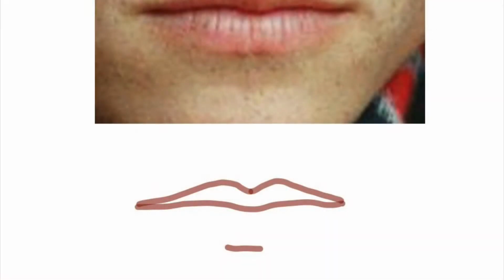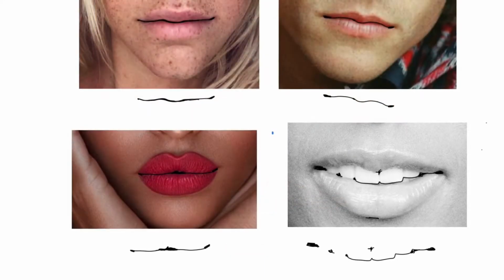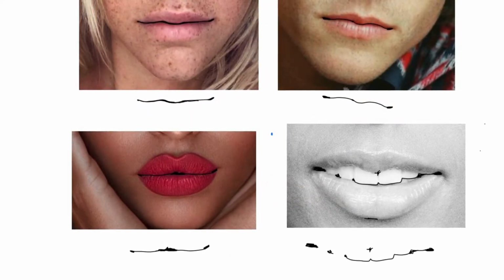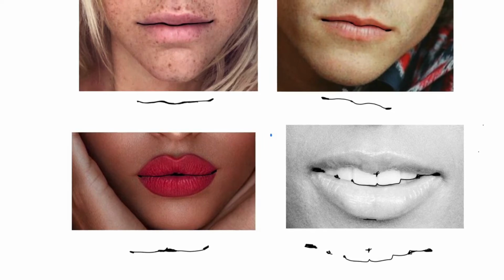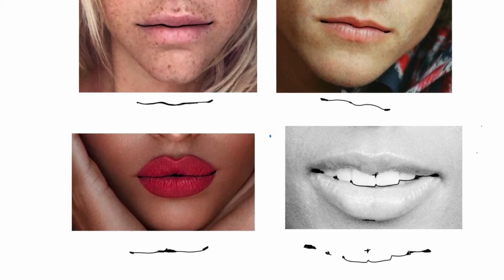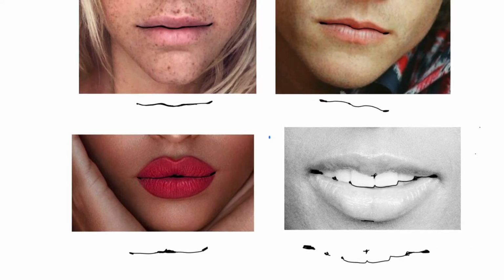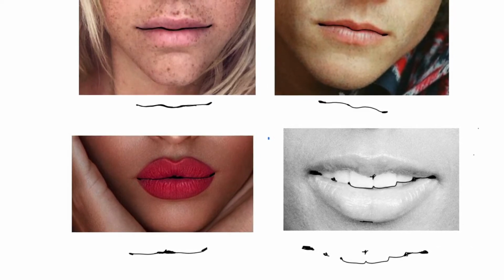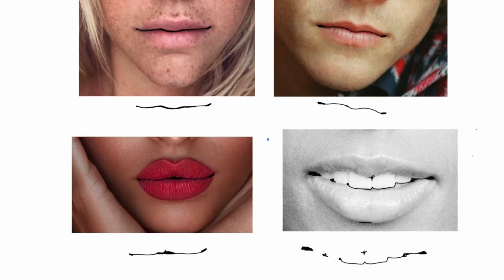If I look at these lips, the definition between the two lips is quite defined, and that's what I usually start drawing first when I'm doing a mouth. And then I do the top lip, and then I do just a tiny little shadow underneath, because you can see that's all I'm looking at in that bottom lip. Everything else is faded. One of my aims in this whole series is to explain things to people so they will know what to look for, because if you can't see it, you can't paint it and you can't draw it. So I want you to really have a look where the two lips meet,